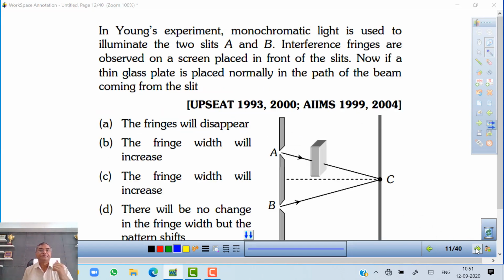The next one: in this double slit experiment, monochromatic light is used to illuminate the two slits A and B. Interference